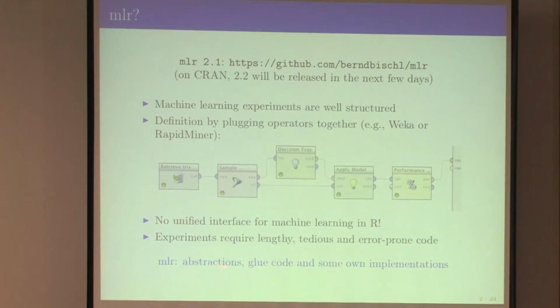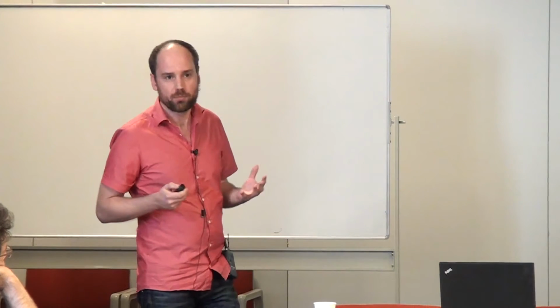So the idea is to provide abstractions for everything, glue code together, so many things in the package are not programmed by ourselves as such. So we didn't program the SVM algorithms that are in there, but we programmed many meta algorithms on top of that. I will come to that in a second. And the package has grown quite huge. I just checked, I think a few minutes ago. It's now 14,000 lines of R code, just code, and, well, associated Roxygen documentation, and I think 6,000 lines of unit testing.